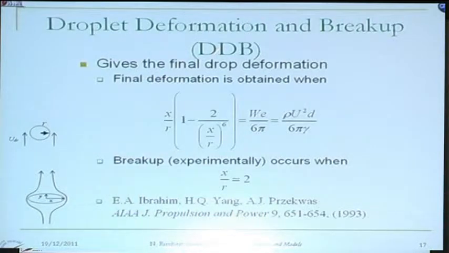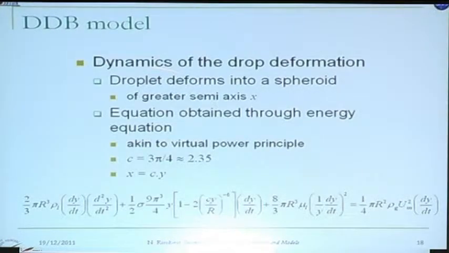And they could find that at the end of the deformation, the equilibrium deformation was given by this equation. Actually, this equation comes from this more intricate equation, which is a nonlinear oscillator of the same kind as the Taylor analogy breakup, but it's derived